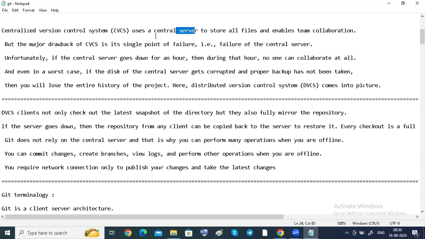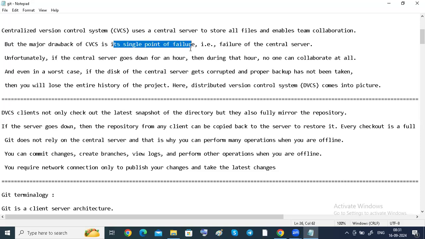All the files are stored on the central server. If the central server fails, through a hang, a disk failure, or a power issue, then all the developers will be left empty, and they will lose their entire data. That means they lose the entire project also. That is called a single point of failure.